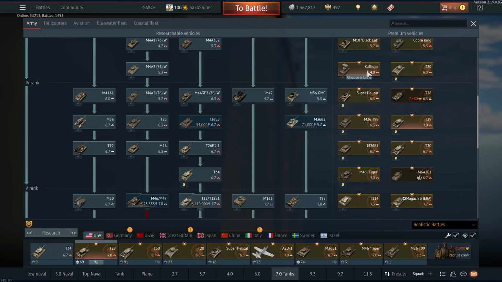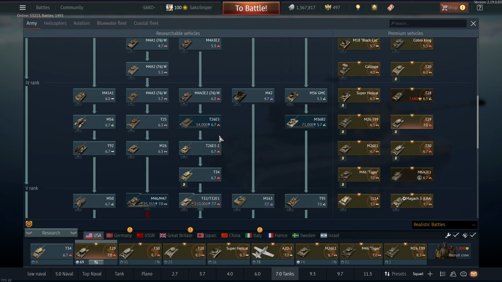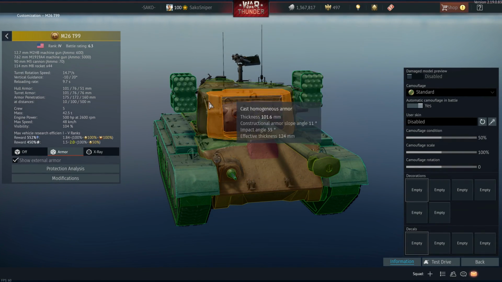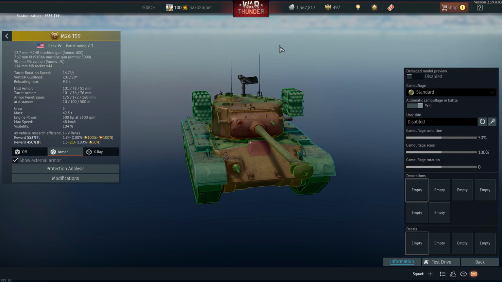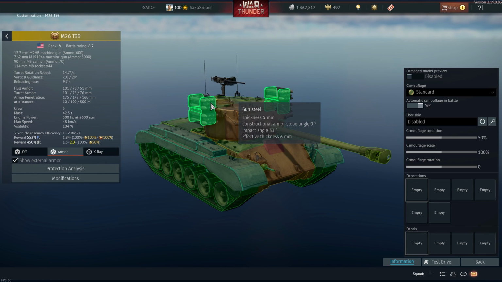This is basically the Calliope's bigger brother really. It's basically an M26 Pershing tank fitted with more explosive rocket things. These are the same 4.5 inch M8 rockets, same as the Calliope, but it's not as bad. You don't obviously have a massive thing up here telling everyone that you're coming over a hill. It's a little bit more low profile, but the rockets being at a higher battle rating, 6.3 instead of 4.0,